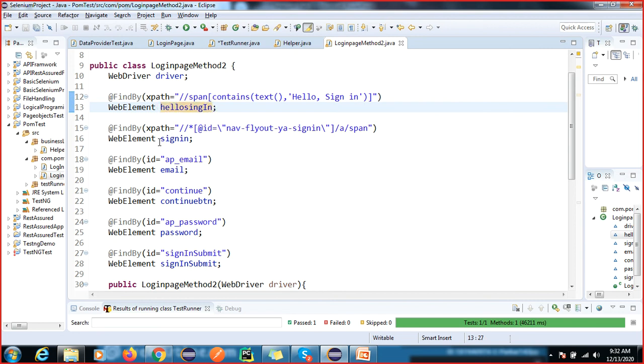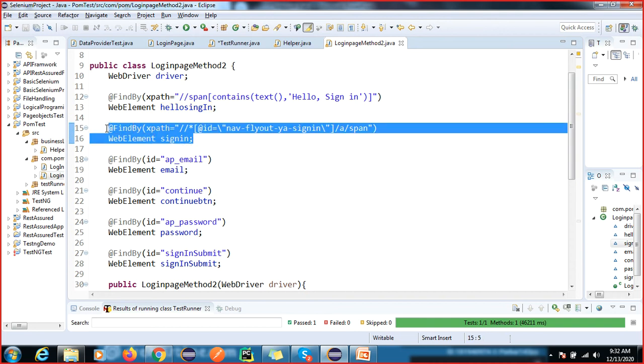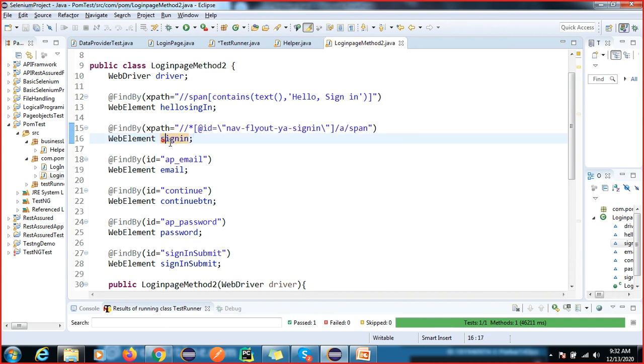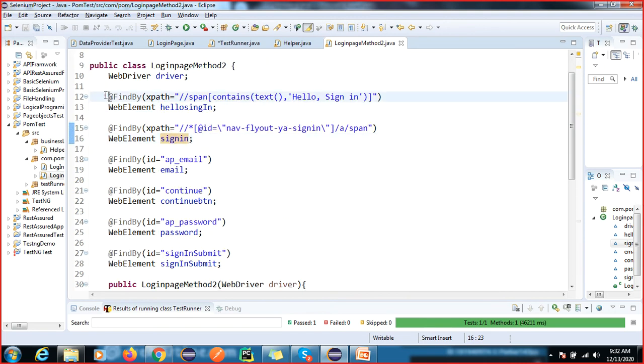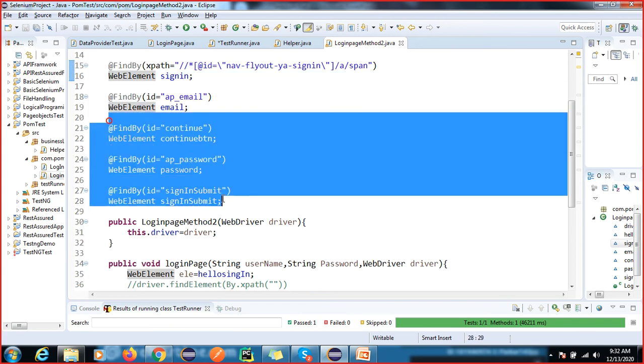If you do not follow proper convention, you are not able to find why your script is failing. So naming convention is very important. Got it, right? You can see everything is the same. Using the By class, we have just used @FindBy here, and we are returning the web element for all these elements.